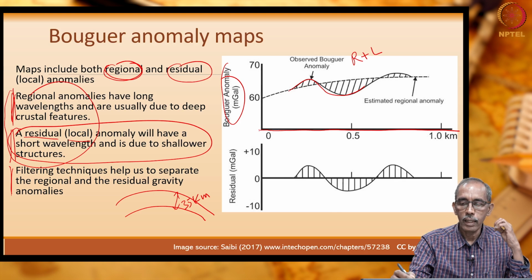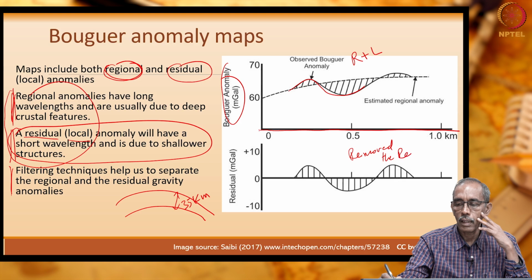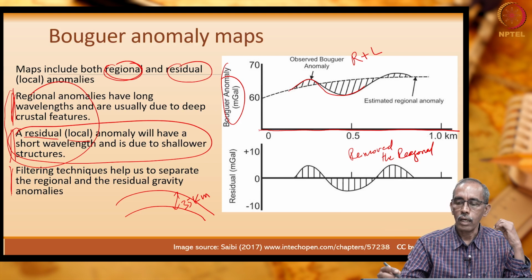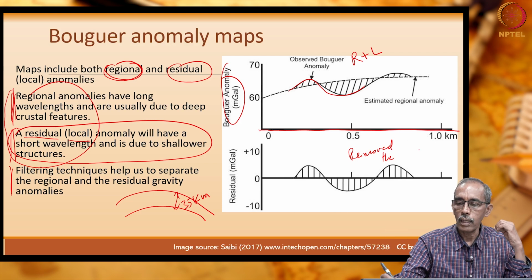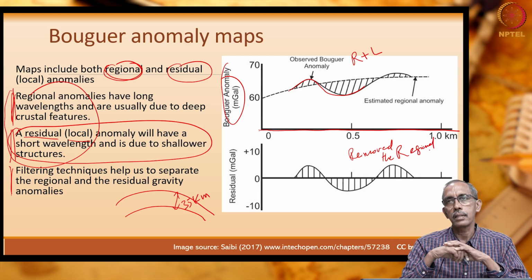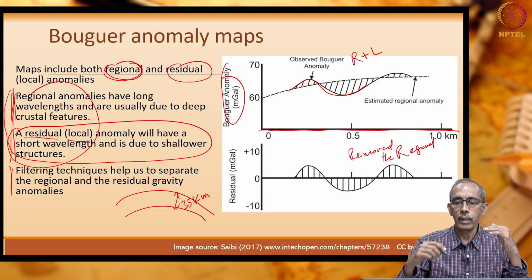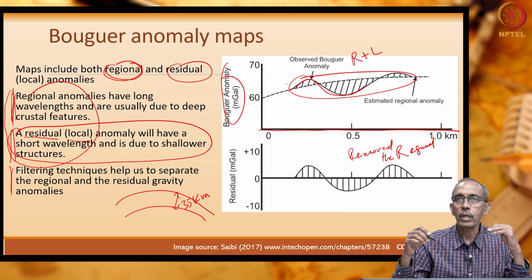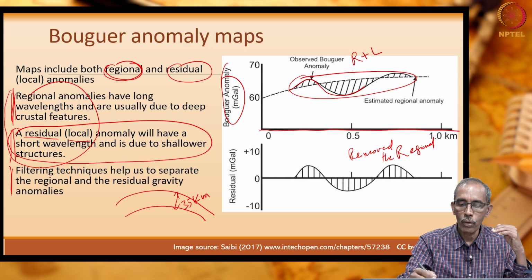Now, what we have done in this picture is, we have removed the effect of regional anomaly. So, after removing the regional anomaly, whatever is the impact due to the local or residual anomaly alone is